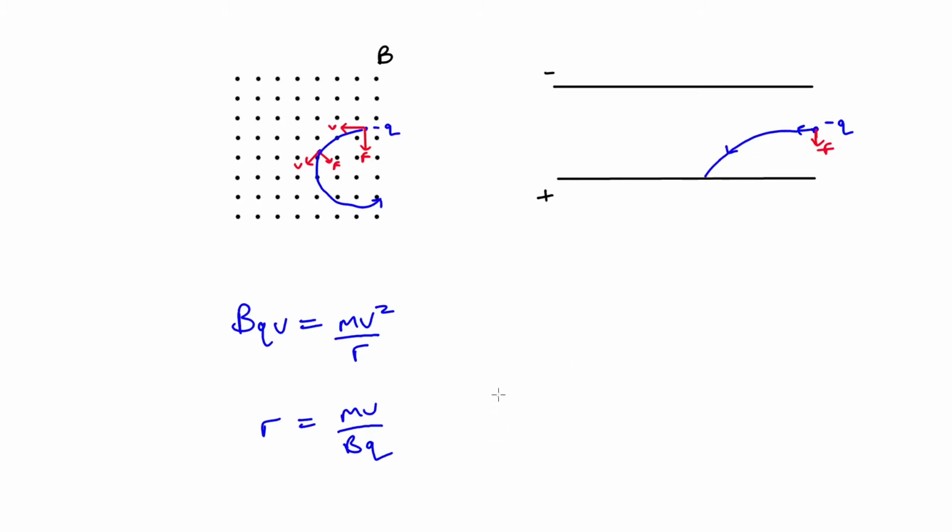And it will follow a path like that. But an important difference here: although it's following a curved path, here we've got a parabolic path, and here we had a circular path for the motion of the electron in the magnetic field. What is the difference? Well, as the electron starts to move and acquire a downward component to its velocity here,